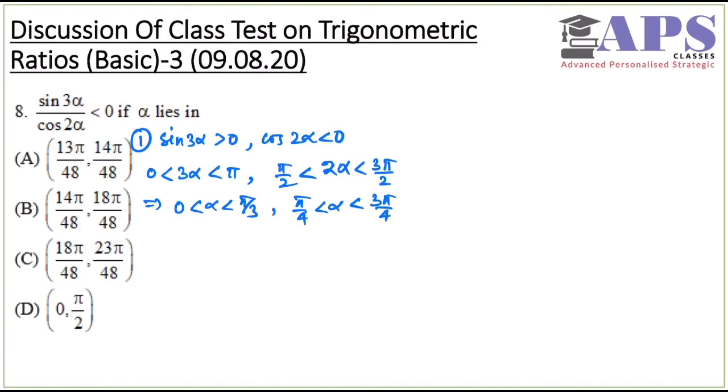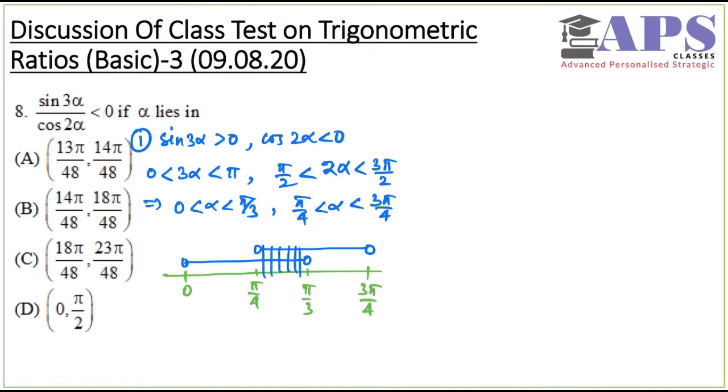Okay, so let us see what we get here. The common solution of this: 0 to pi by 3 is 60 degrees, pi by 4 is 45, so pi by 4 is here, pi by 3 is here, 3 pi by 4 is here. First solution says it is between 0 to pi by 3. Second solution says it is between pi by 4 to 3 pi by 4. So the common part is here. So pi by 4 to pi by 3 it can belong. We can take a second case where we will have angles more than pi, meaning sine 3 alpha positive, and cos 2 alpha negative.